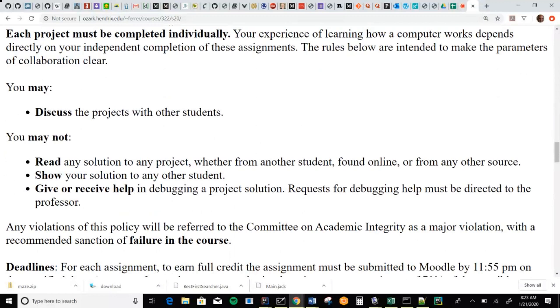Complete solutions to all of the projects are easily found online. It's a popular book. Lots of people have posted their solutions. Here's the kicker. If I'm reading over your solution and on some intuitive level it just doesn't look like you, I'm going to take part or all of your solution and I'm going to go to Google. And if it turns out not to be you, I'm going to find it pretty quickly. How do I know that? Because I've done it before. And people have gotten D's and F's in the class over it.